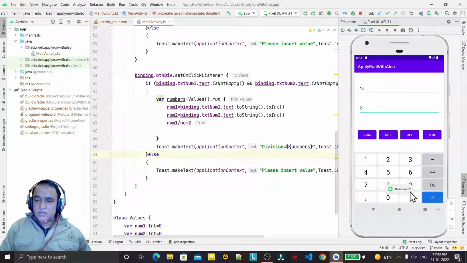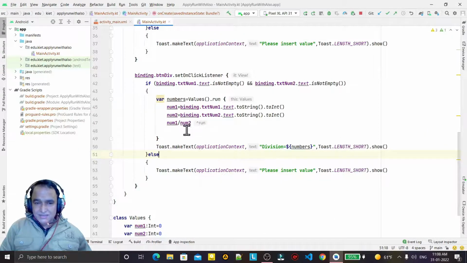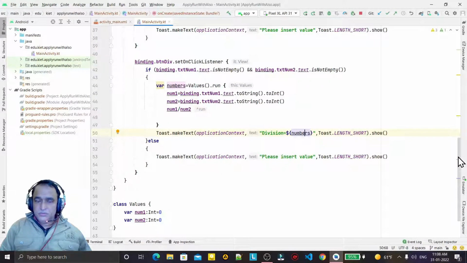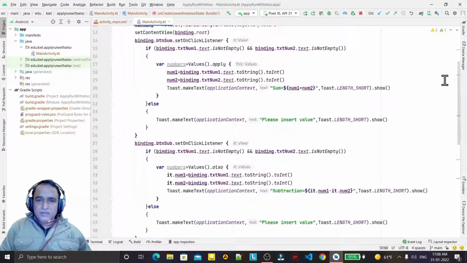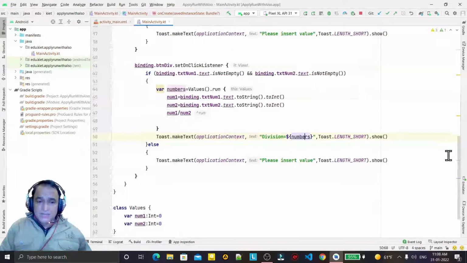You see, same result is coming, but earlier this toast was inside this, so it was returning the output. Here we have the output of this result in this number and we display the number. This is the change. So you can use run also as apply, and otherwise it will run like this.